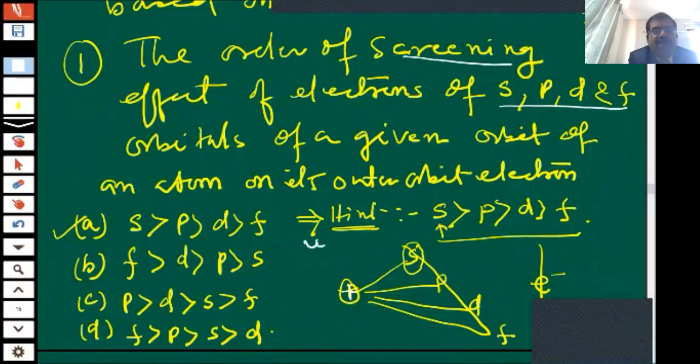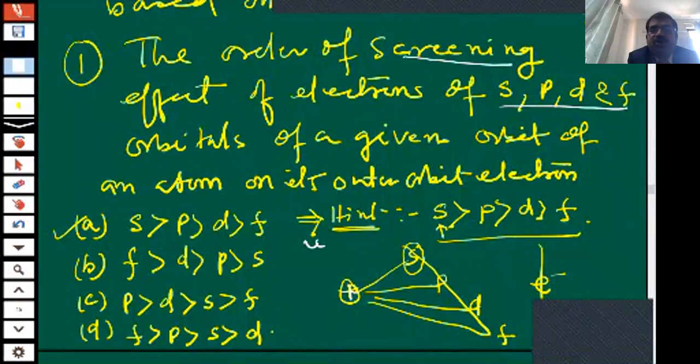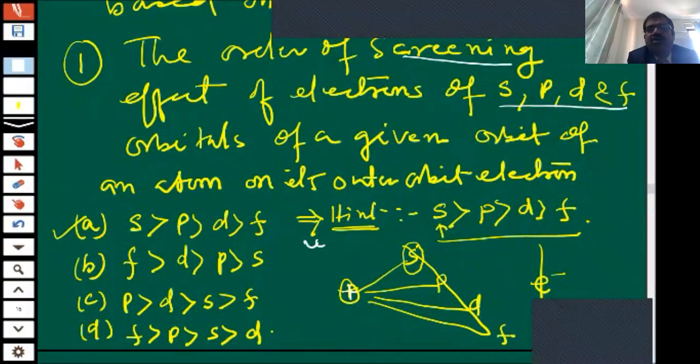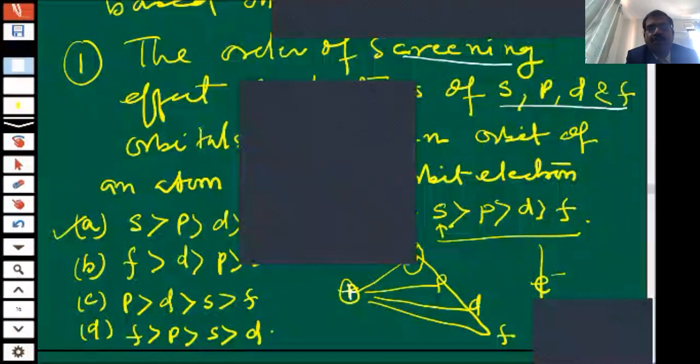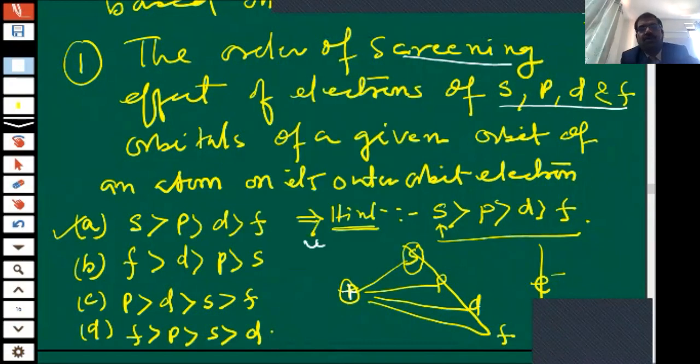Those who haven't understood this question, keep it with you. If you don't understand, please wait for the doubt clearance classes. There you put this question and I'll explain in detail. Because many participants are here, and they are already well known about this question. So we have to do a lot of problems in this class.